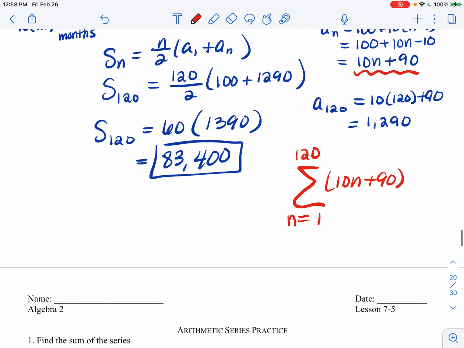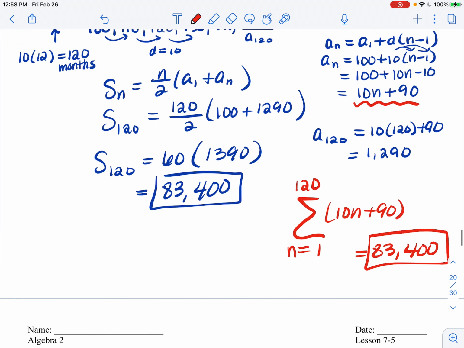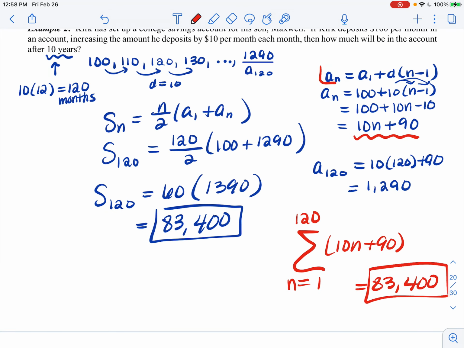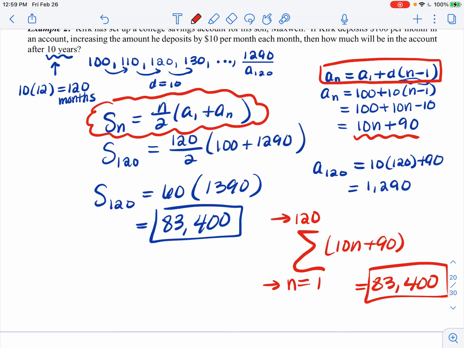So I do think sigma is the kind of nicer way to find the sum of an arithmetic sequence of terms just because you're always going to be given this formula. And if you can set up the arithmetic sequence formula and you know how many terms you're trying to add up, you'll always start with the first term and then go to the nth term. And sigma you can just type into your calculator. But the arithmetic series formula, it's not a really difficult one to memorize, so if you want to practice both,